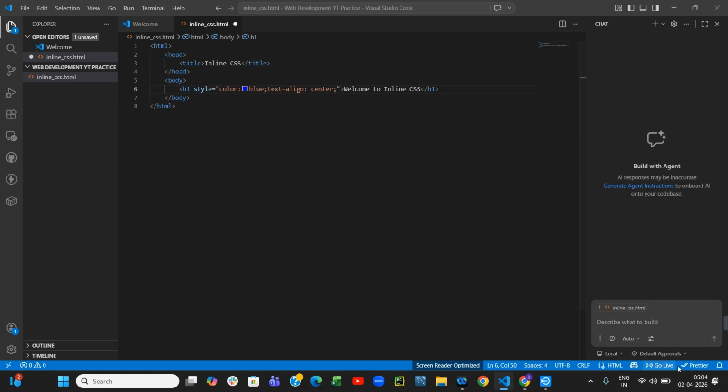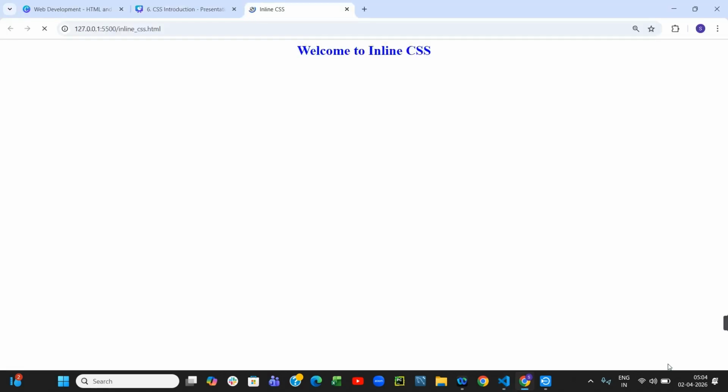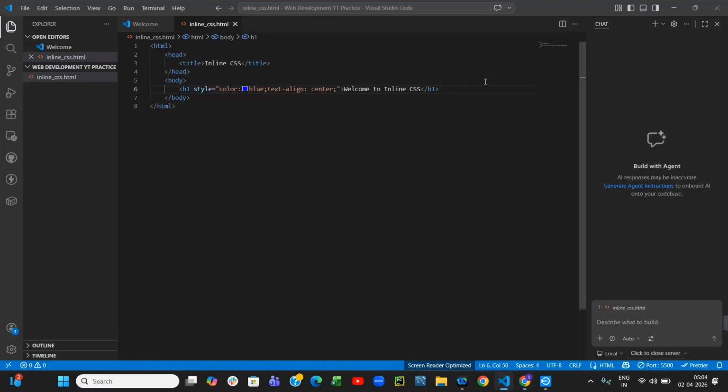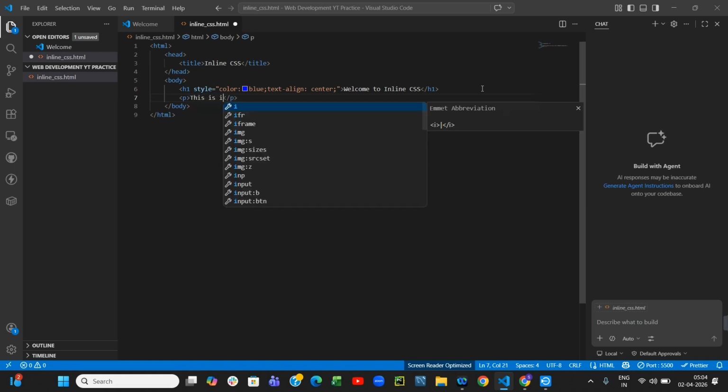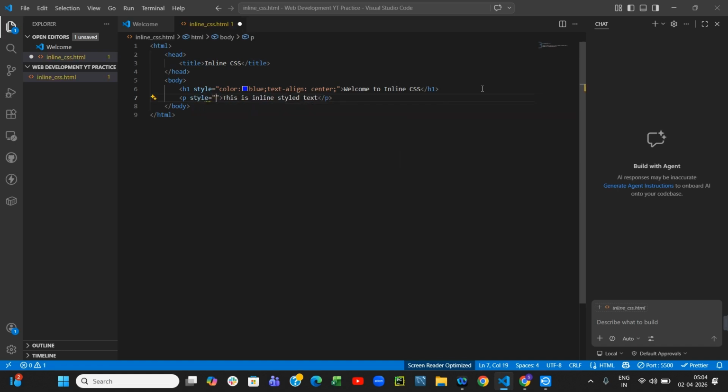Now we can run it. If you run this, you see welcome to inline CSS coming there. Now I can just add a paragraph here. Inside that paragraph I can write the content like this is inline styled text. I just want to give a specific kind of styling here. So I should give a space after the tag, that is p style equals to,